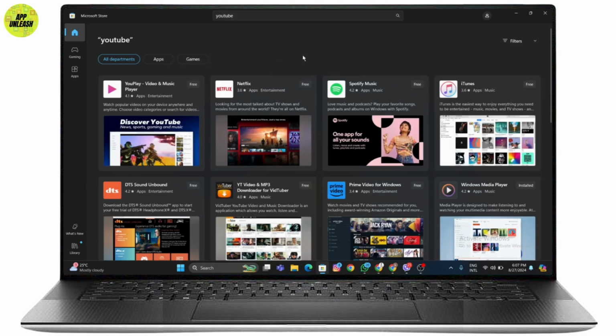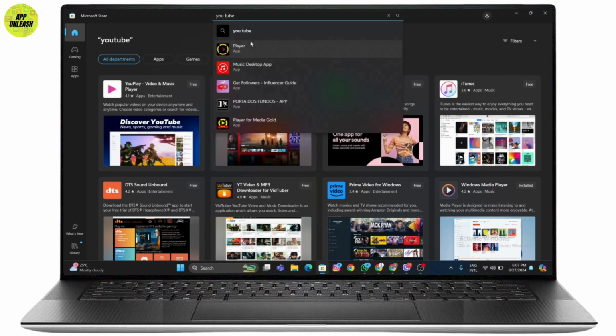Note, this might be a third-party app or a progressive web app, as an official YouTube app might not be available in the store. Click Get or Install to download and install the app. Once installed, you can open the app directly from the Microsoft Store by clicking Open and find it in the